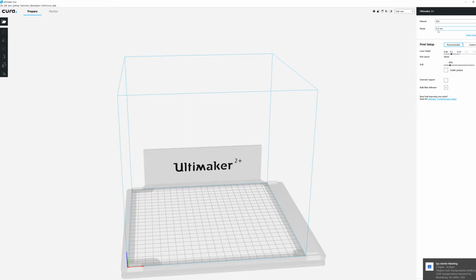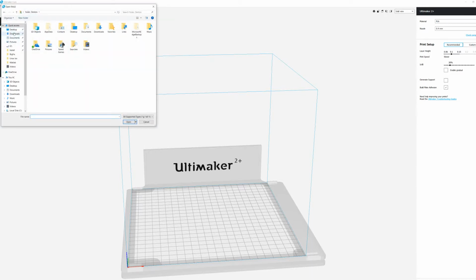And the nozzle size is also important so it knows how much material to put down at a time. The current nozzle is a 0.4 millimeter. You will probably want to talk to Laura Lehman and verify the material and the nozzle size when you're doing your job. You also can have a lot of different configurations for infill and things like that. But getting there,